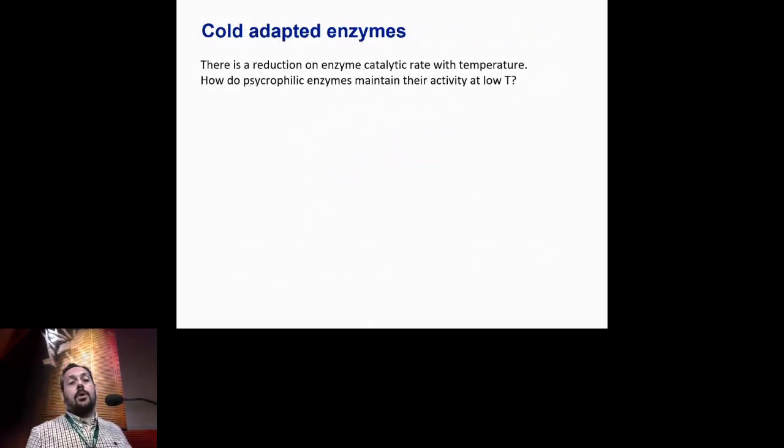And another problem that we tackled is a long-standing issue about the cold adaptation of enzymes. We just applied our approach to have some insight also into this problem. The problem is that the enzyme catalytic rate depends on the temperature. So if you take a mesophilic enzyme that works at 37 degrees and you put it at 5 degrees, there is a drop in the catalytic rate of a factor between 10 and 100. So in the literature, people have asked for decades how enzymes at low temperature can maintain the catalytic activity, and there are some hypotheses.